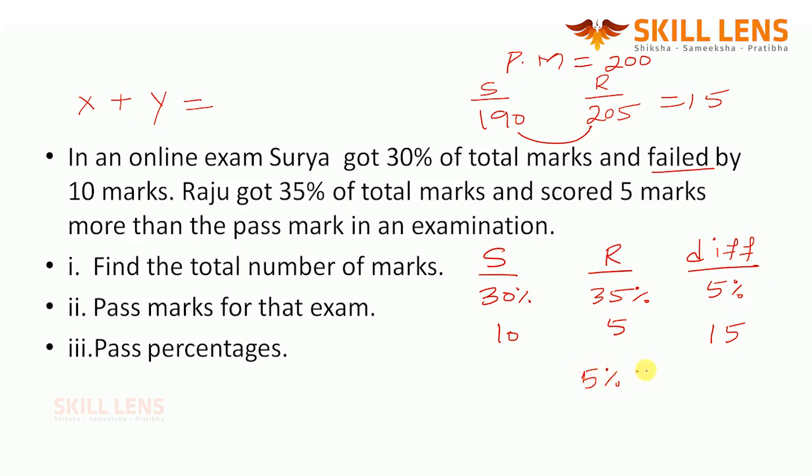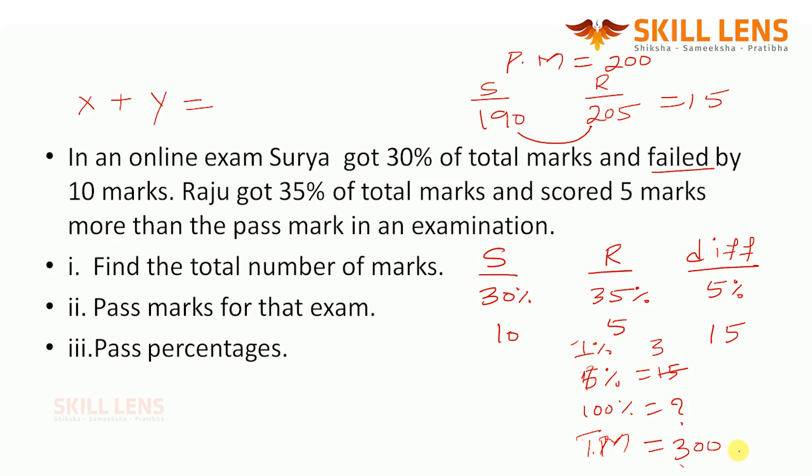Yes, 5% is 15. Then 100% is how much? Very simple. 5 ones are 5, 5 threes are 15. 1% is 3. Then 100% is what? 300. Once you got your total marks,